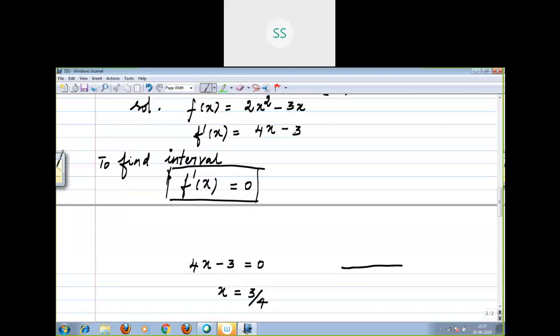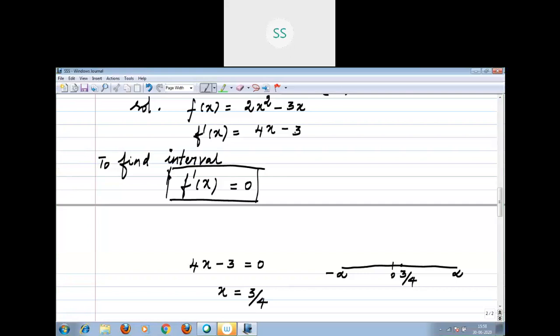The rough diagram I am going to draw. Listen. Minus infinity to plus infinity. Here, what is the value of x you found? x is equal to 3 by 4. This is your 0, the center point. That means it may occur here, that is 3 by 4. Now you see, 3 by 4 divides the real line into